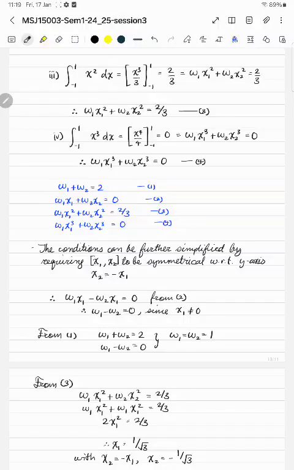Now because of the integration domain symmetry properties, so you basically integrate in a symmetrical domain from -1 to 1, you can add a further simplification for x1 and x2. You can make the x value to be symmetrical. So in this case, you can enforce the condition of x2 equal minus x1,